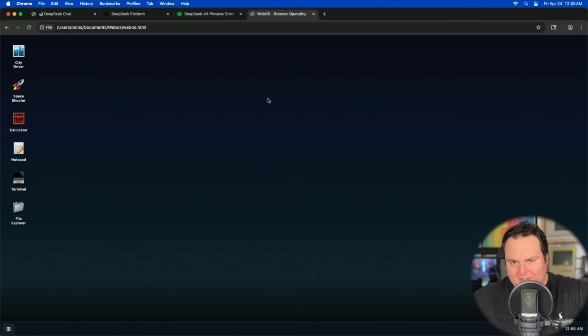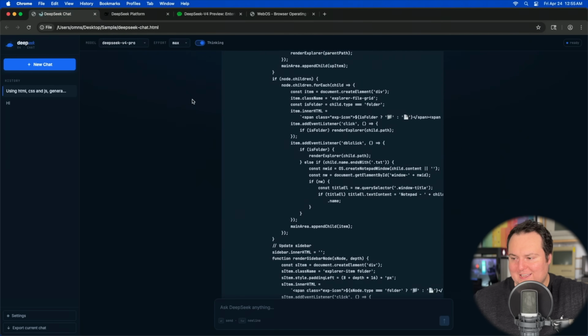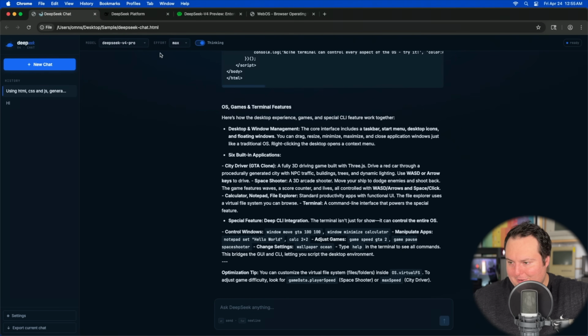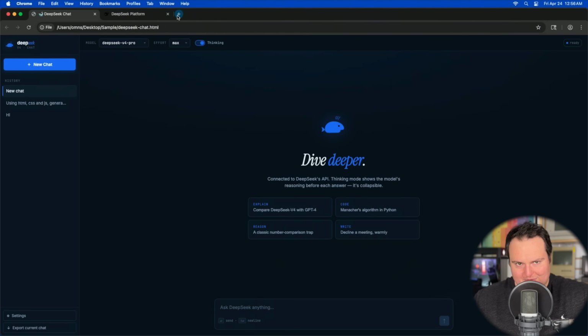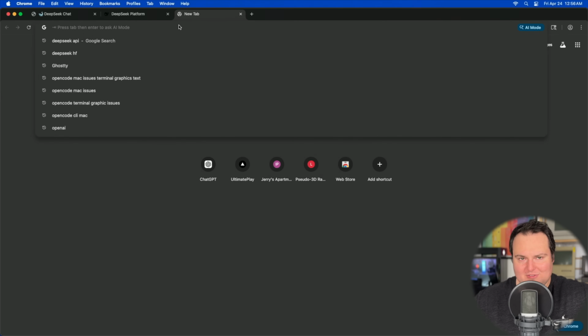We did get it to fix the issues through OpenCode as well. So this was almost like a hybrid test of a one-shot just from this little chat UI, and then also through OpenCode to fix some issues we noticed. Now, you may be wondering, why are you using this vibe-coded web chat? The reason for this is because the DeepSeek web chat does not specifically say what model identifier it is, and